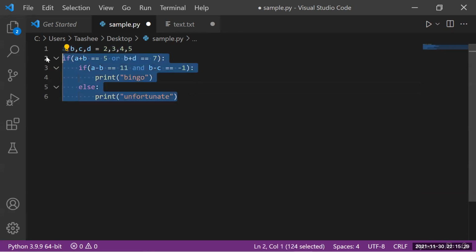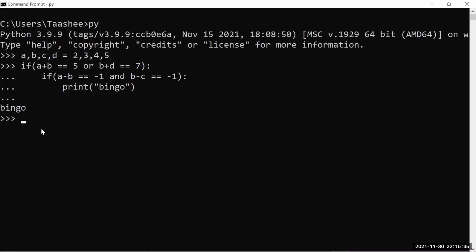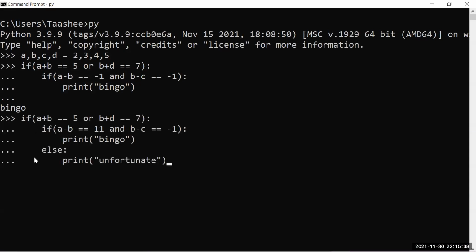Okay, if I run this particular thing, so Control V. So what is that? It is going to get printed here, since the condition in this case is going to fail. Okay, why? The value of A is 2, the value of B is 3, but the value you are expecting here is 11. That means it is a failure. So if one condition fails, what will AND do? Even if the other condition passes, it will return a failure. Okay, and if I press double enter, it is going to print unfortunate. Why? We have an alternate when this particular condition fails. Understood?